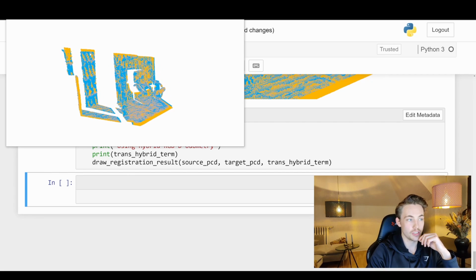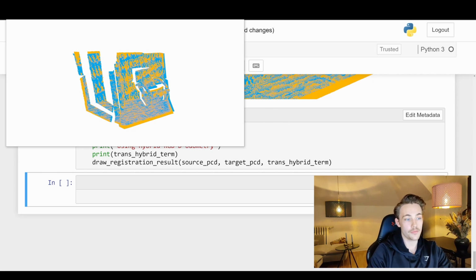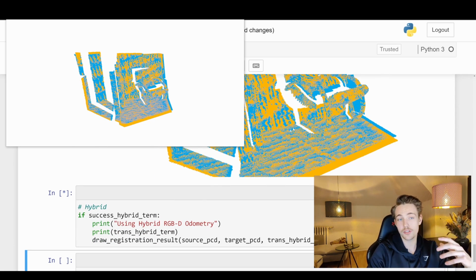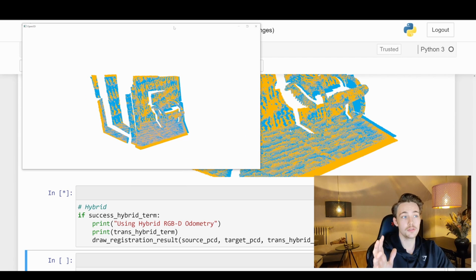We can also see the wall is a bit further up at the top compared to the blue wall. But if we just took the color approach here, we can see that the point clouds were actually pretty well aligned. So we're actually able to estimate the pose of our camera by just using RGBD images. Again, you will just get your RGBD images from your camera, or you can